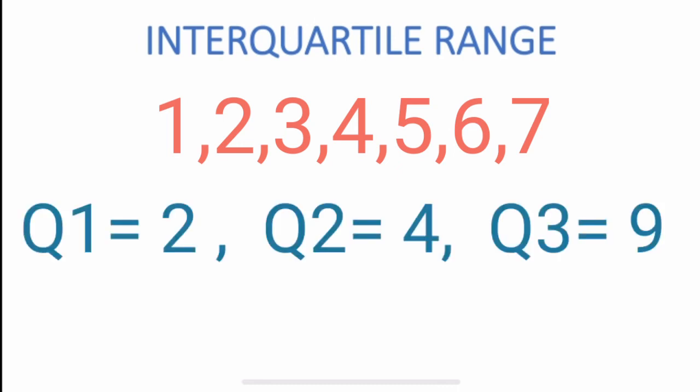So now we know Q1, the 25th percentile, formula is (n plus 1) by 4. Q2, median, 50th percentile, (n plus 1) by 2. Q3, 75th percentile, 3 into (n plus 1) by 4. After the mathematical computation, you will get these answers, which you can see on the screen. A question arises, why are we doing these things? We are doing these things to find out the outliers. Why are we looking for outliers? The outliers are responsible for misguiding the data which we have.